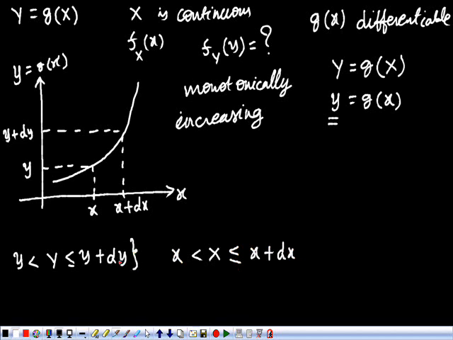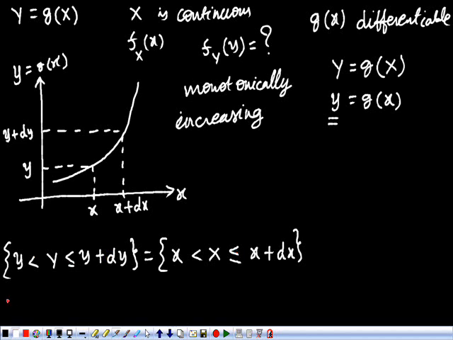If you consider this as an event, corresponding to this we have an event on x. So can I equate these two? Because corresponding to these values of y, we have values of x lying between x and x plus dx. If the random variable y is lying between y and y plus dy, the random variable x is lying between x and x plus dx. So there is a correspondence between the two random variables, and therefore this event can be equated to this event.